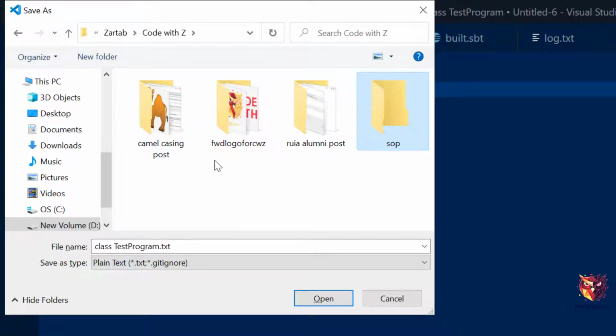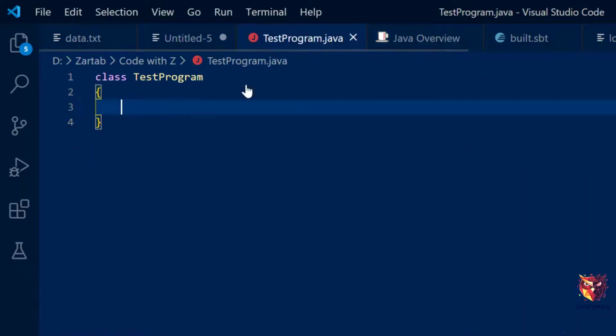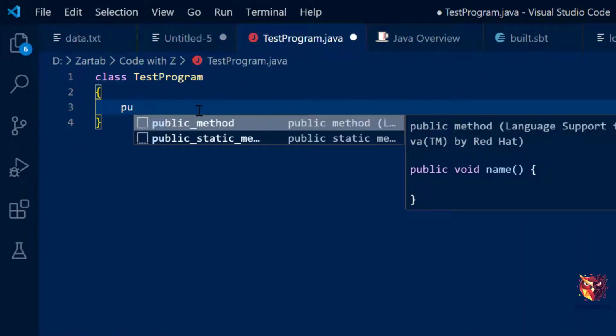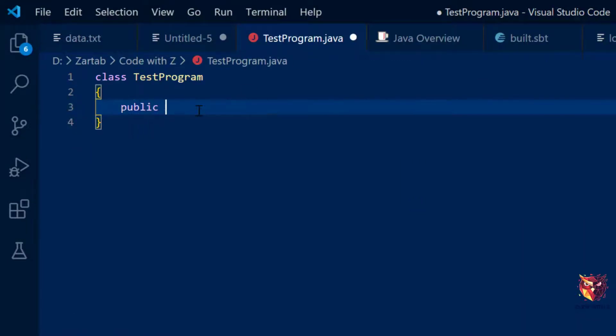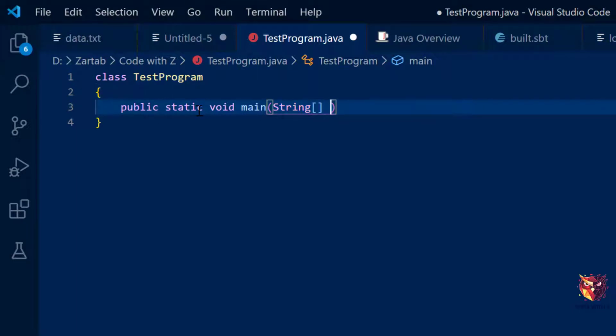Normally we also call it as SOP, so I'm going to save it as TestProgram.java, and so this is basically my program. I'm going to say public static void main, and it takes a String array args.